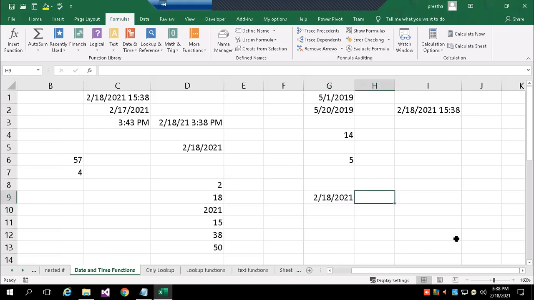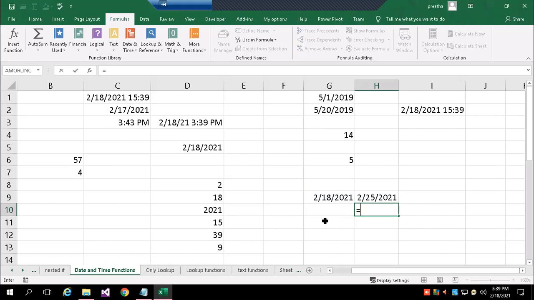Normally what we can do is date plus 10. Or suppose they have extended 7 days. This basic arithmetic calculation, addition and subtraction, you can do with a date. From 18, we have added 7 days, so it becomes 25.